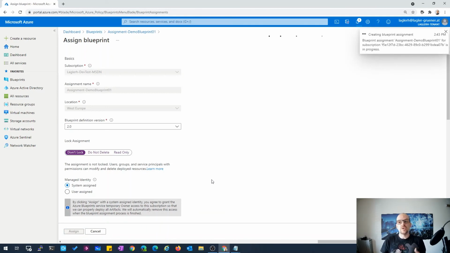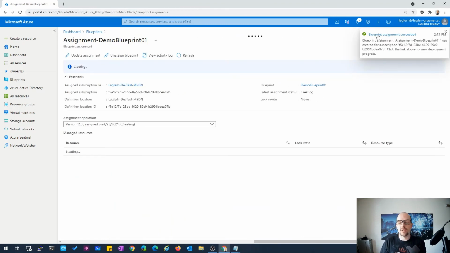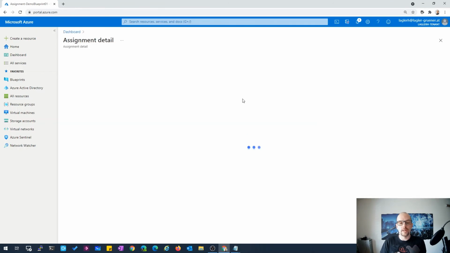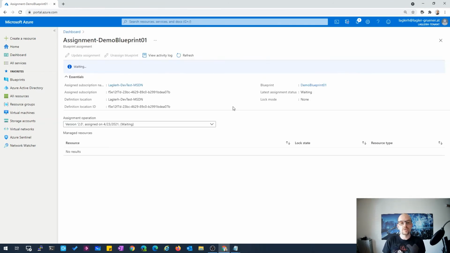Now we have a new assignment. The deny lock or the do not delete lock will be removed right now, and in a few seconds we will see we are now able to remove those resource groups because the deny assignment was removed by my update.